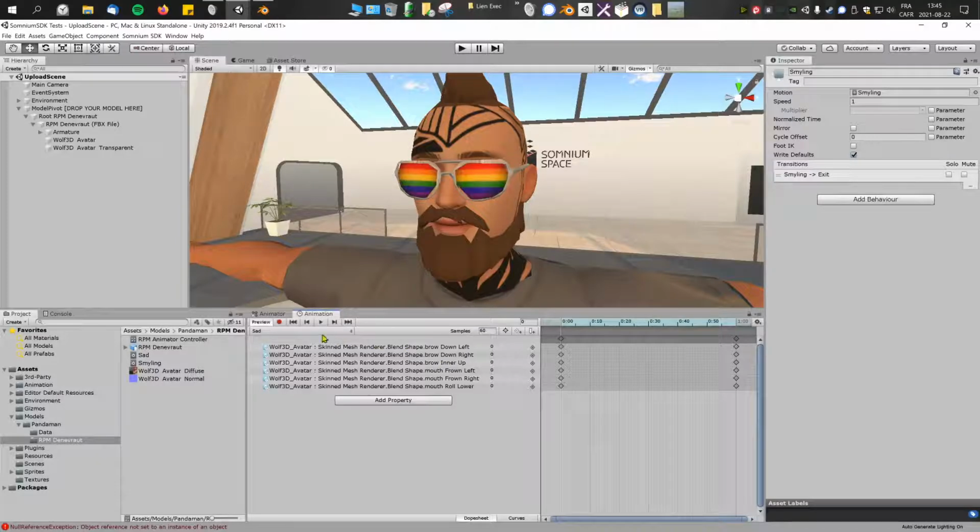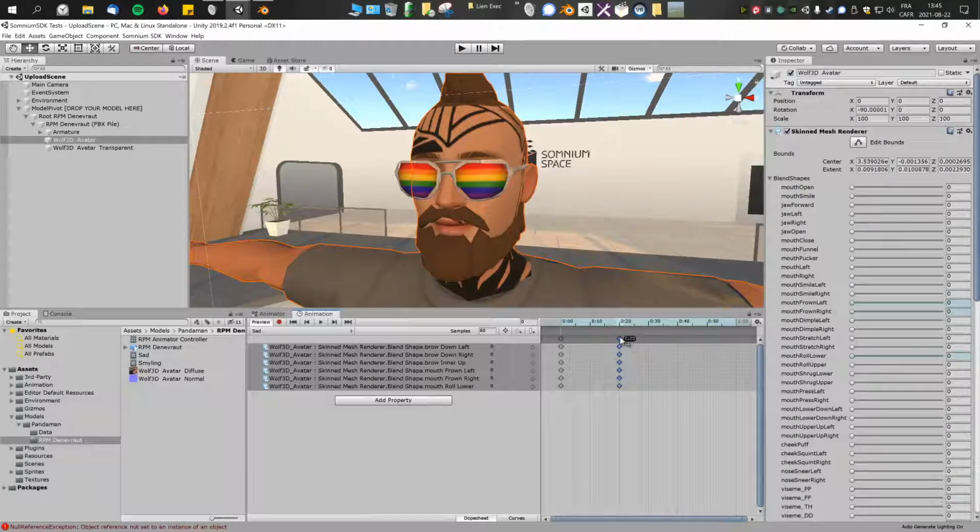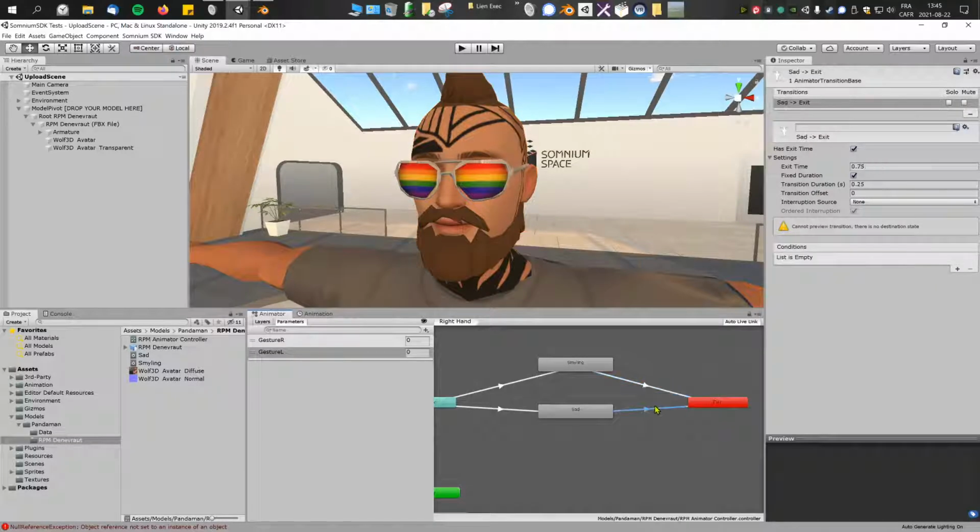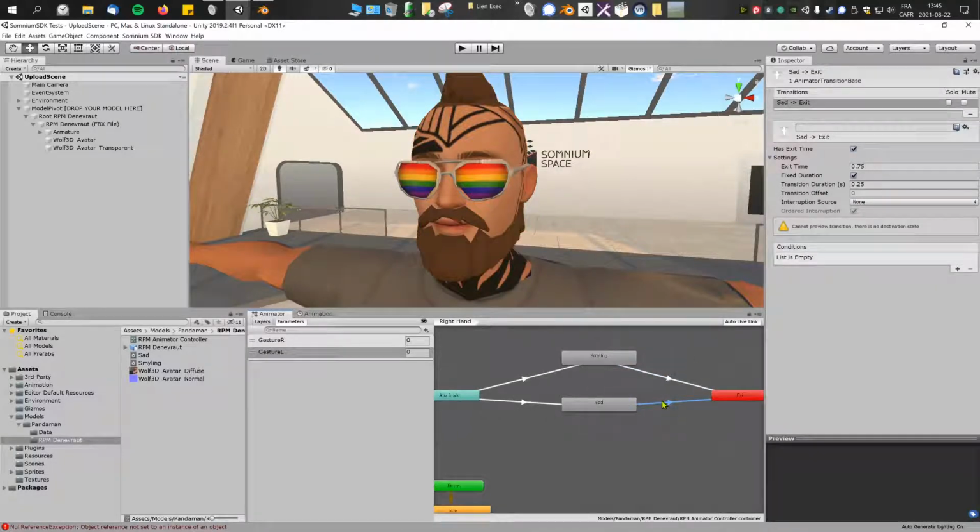Oh, sadness. We forgot to put it at 1/3 of a second. My bad. Okay, we don't have an exit condition for sadness. Let's add one. Gesture R not equal rock, fist is 1. Okay, I could add the 2 conditions, but I think it will be fine